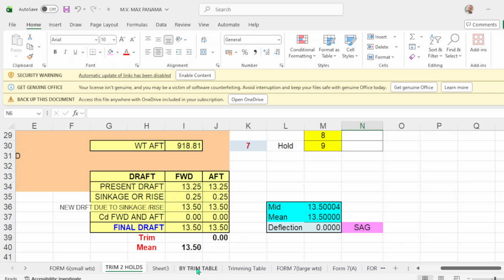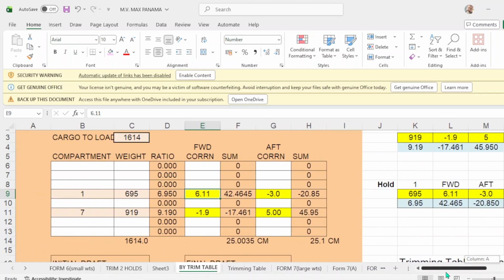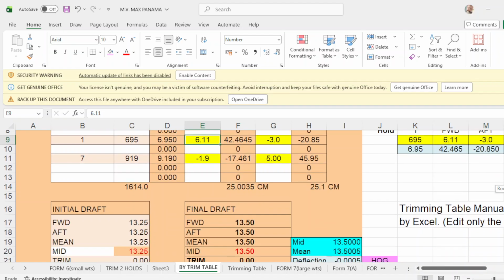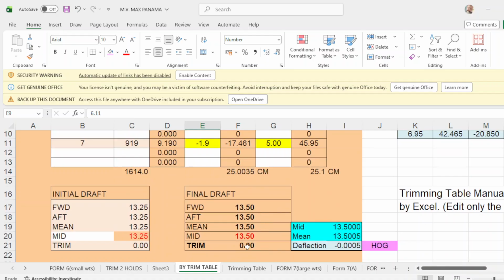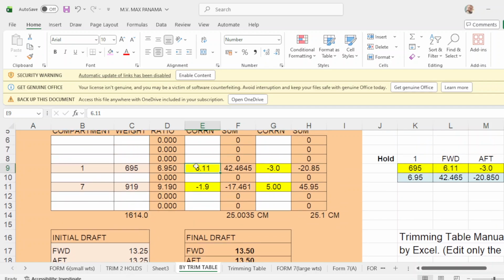Then we go to by trim table. By trim table, take note of the cargo 1614. Number 1 is 695, number 7 is 919. We still maintain this correction forward and up, and your drop will be 13.5. Okay, take note, we never touch this one or edit this forward up correction. We retain it,